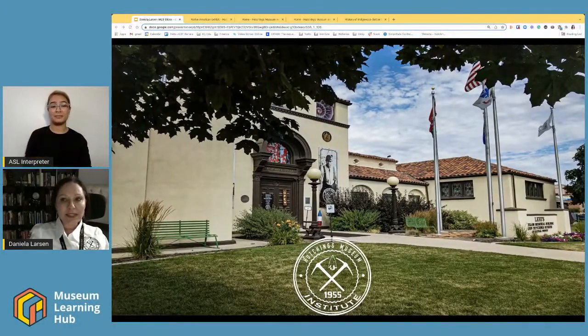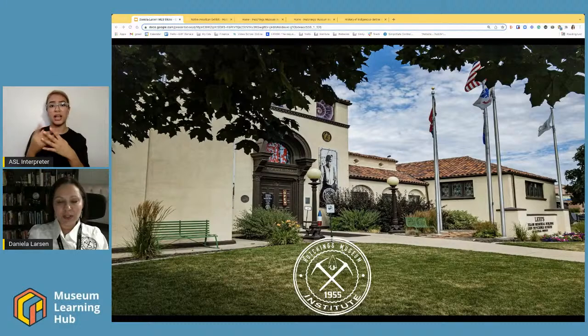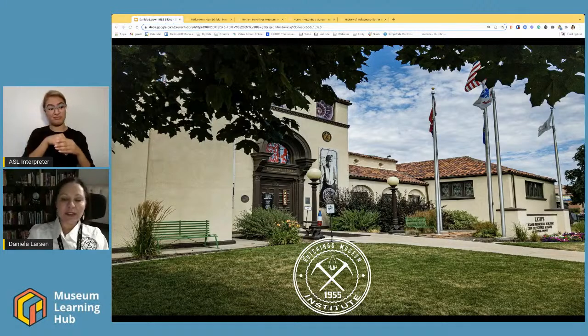It was built in 1919 by the veterans of World War I, and so it was originally the Veterans Memorial Building. Since then, it's been used as the city offices. It's been the jail. It's been a lot of different things. It's got a lot of really great ghost stories and just a lot of really, really great history in the building.